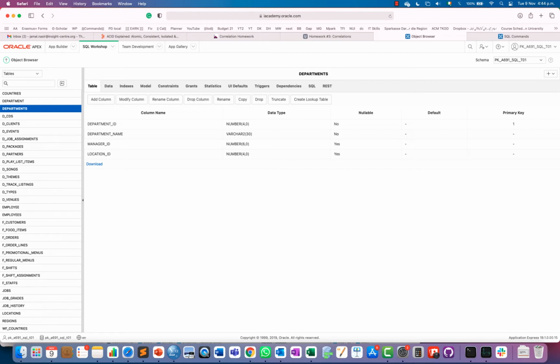Okay, so if we have to join two tables, then obviously we have to provide criteria, and in SQL we have the join clause. We can use that. So the query was that we have to print the department name of each employee. But the problem was that there is no department name in the employees table, but the department name is present in the departments table. But department underscore ID is also present in the employees table.